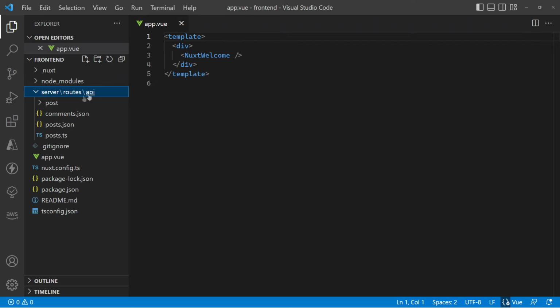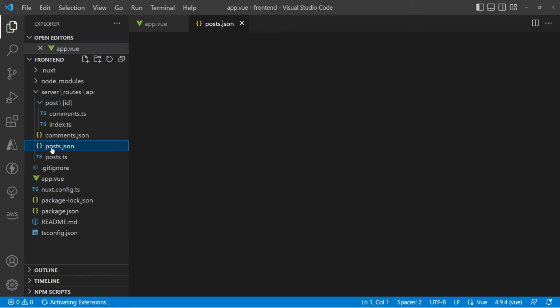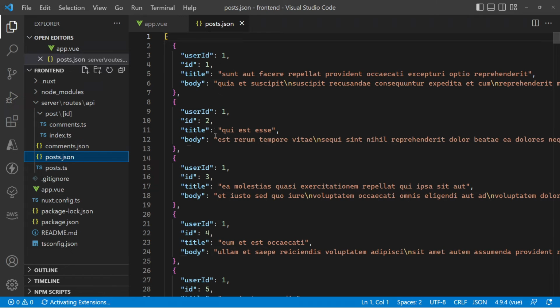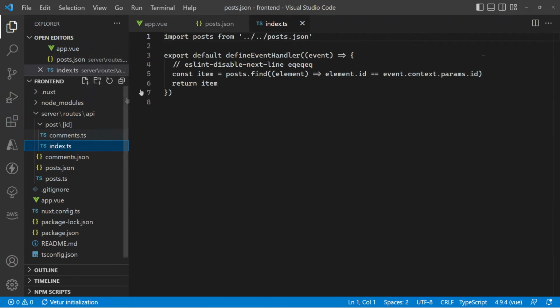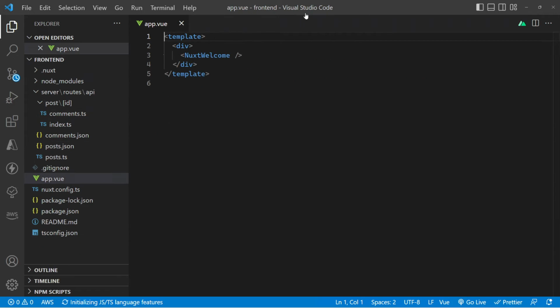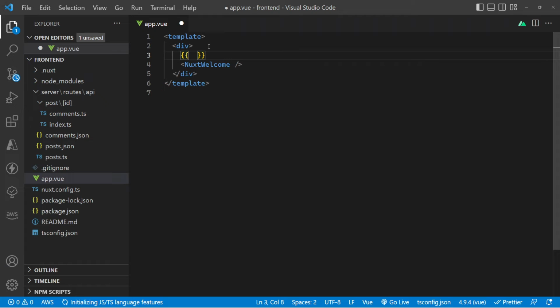So inside the API, we've got post, and we've got posts, so that just gives us some blog posts back, and then within an individual post for an ID we get back an individual post. So we need to go and add a call to that API into our application. So I'm going to change this and just do what we normally do, which is to add in posts, and